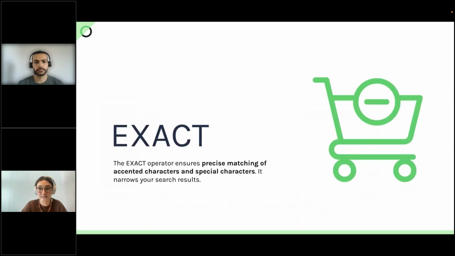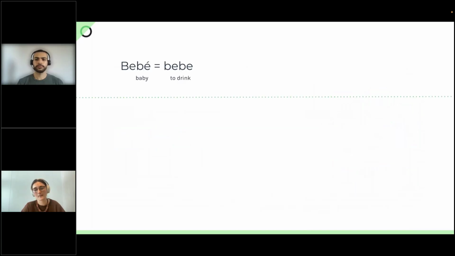So first one is exact. You are introducing precise matching. Any accents and any special characters will be taken into account. And I have here an example. This is a real example from one of our clients in Spain.